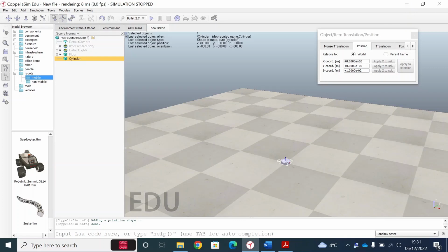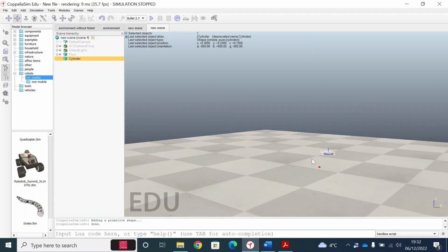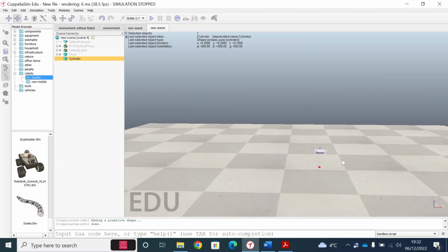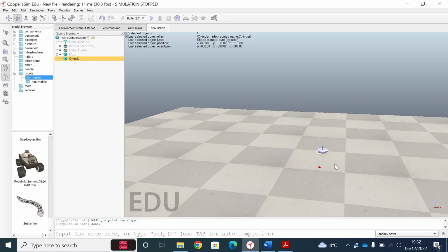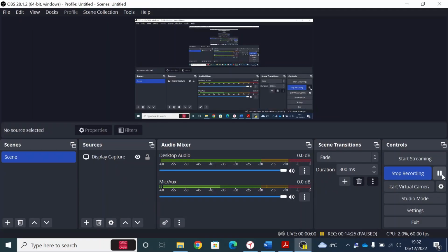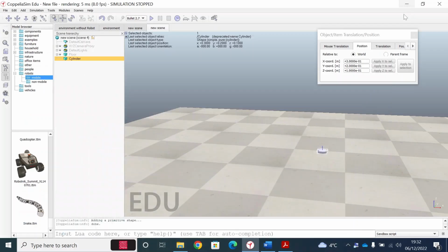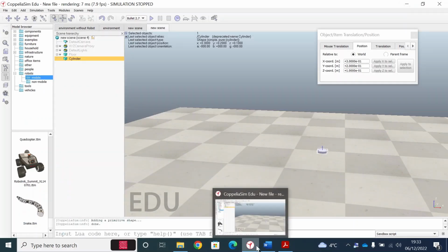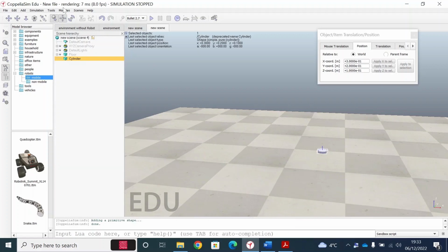So now go to position. It is 0.3, 0.2, and 0.1, right? So now we have changed the position, and select the wheel and go to the tools, scene object properties,